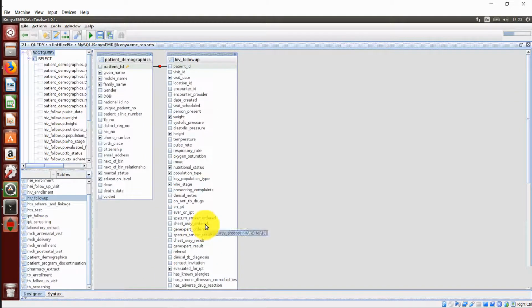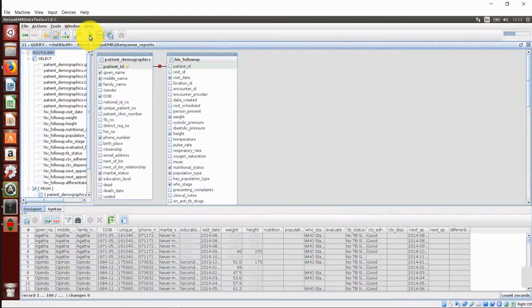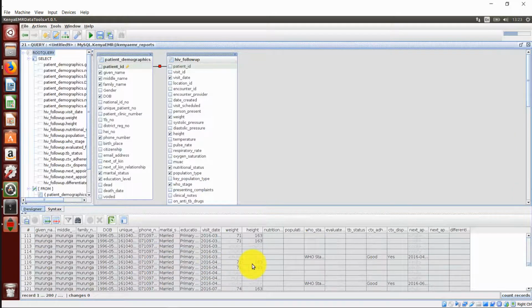Once done, click on your launch query icon to visualize your reports. There appears your reports. As I pointed to earlier, this report can still be exported to Excel, to pivot tables, and you can still filter the same report within the same instance. But let me now focus our attention to pivoting of the report.